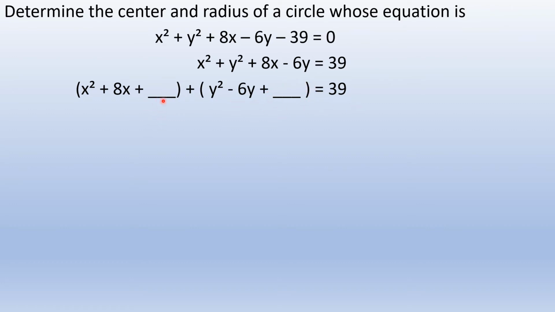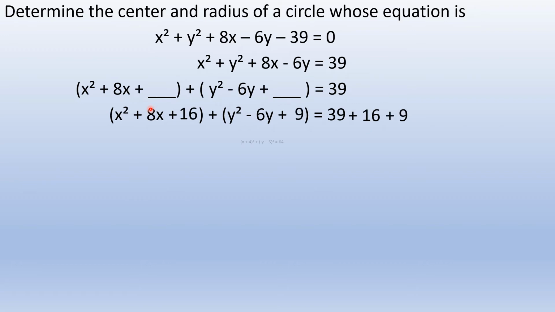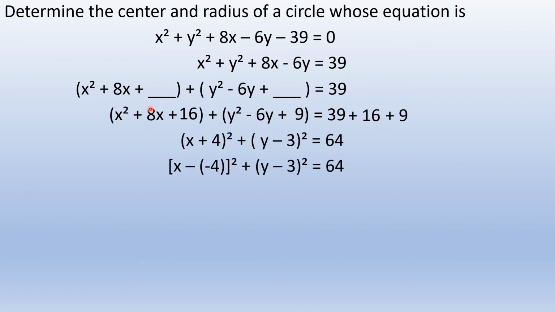So, paano makukuha yung third term? 8 divided by 2 is 4. Tapos, 4 squared equals 16. Ayan. So, dahil nag-add ka ng 16 dito, mag-a-add ka rin ng 16 sa kabila. Then, y squared minus 6y. 6 divided by 2 is 3. 3 squared is 9. So, mag-a-add ka rin ng 9. Ayan. So, next,